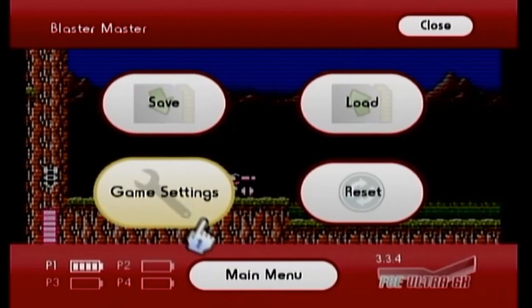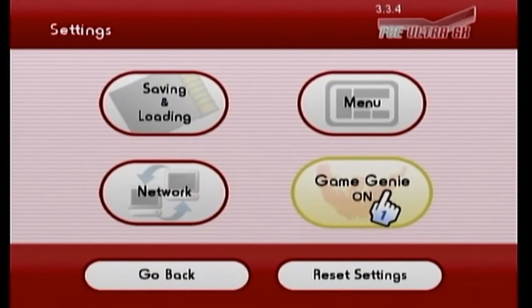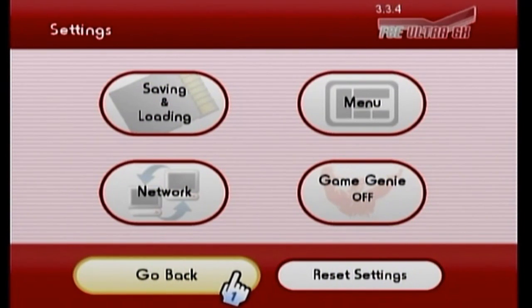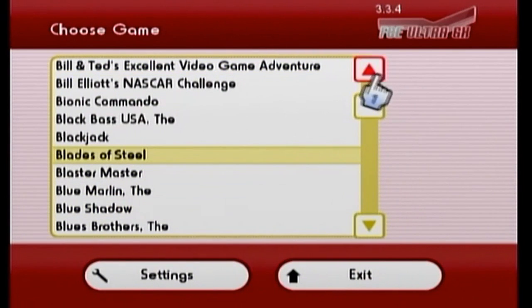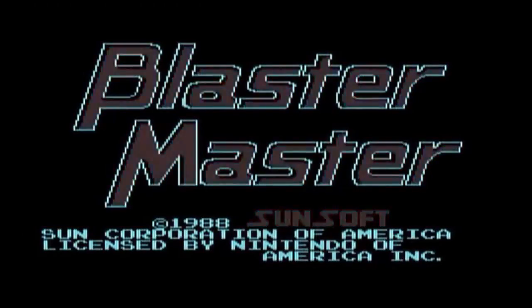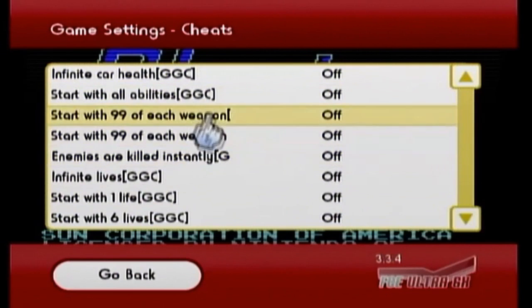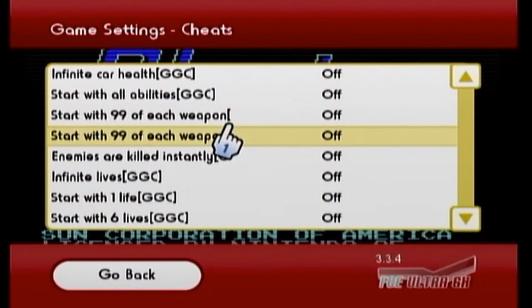We're going to go to main menu, and we're going to go to settings, and we're going to click this here in the off position there. Just totally disable it. And now what we're going to do is go back into Blaster Master here, hit our home button, go to game settings, and then go to cheats. This is our CHT files, guys, in that cheats folder I was talking about, that I showed you. Alright, so we're going to start off with 99 of each weapon this time. And we're going to start off with,